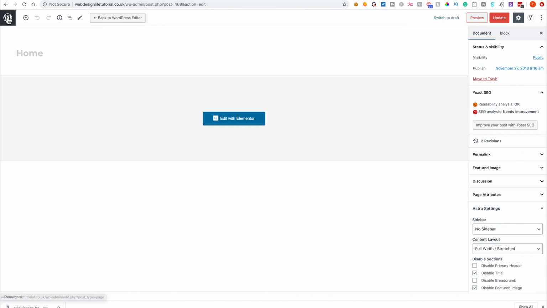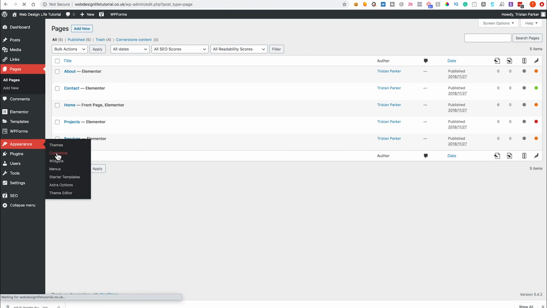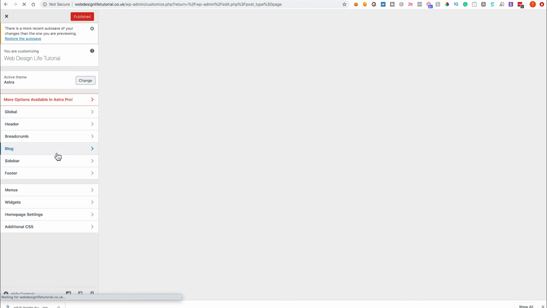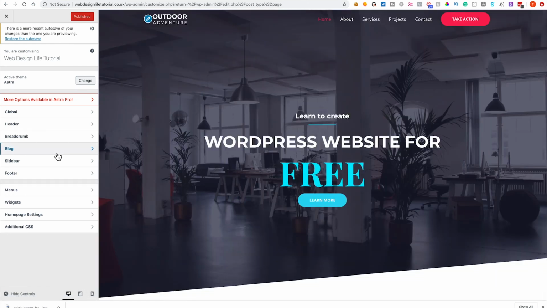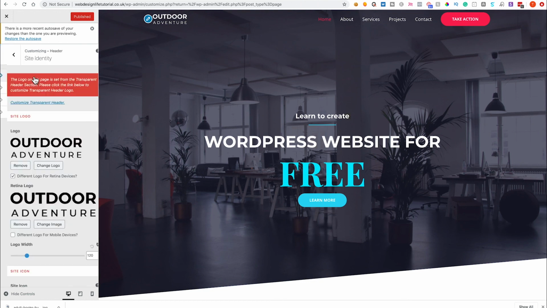And again, just come up here, more hoops that we need to jump through. Cool, so let's first change our logo. The way that we do this is by going down to appearance, and we want to hit customize. And there we go. Now I do recommend that you go in here and have a little look around and see what's possible. But if we start off by going to our header and then go to site identity,